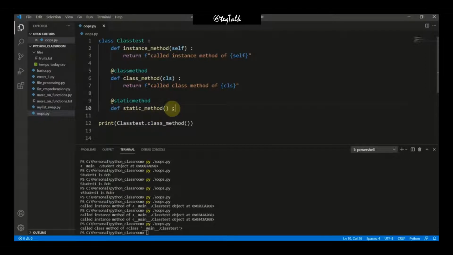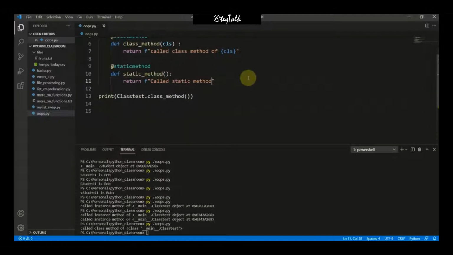It's just empty, and then you can print it like this: return "called static method". Now if I run it, no, first I need to call the static method.